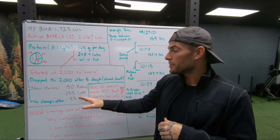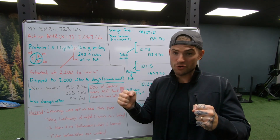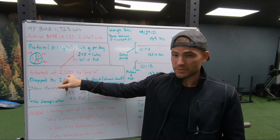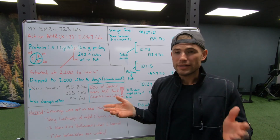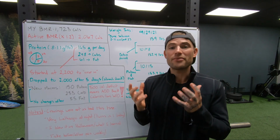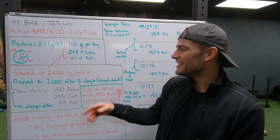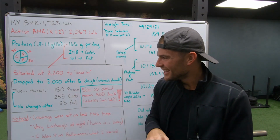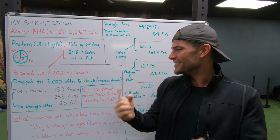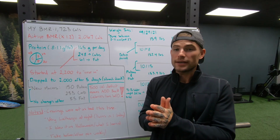I'll be honest, there were even a couple days in this month where I was just hungry at night, you know what I mean? So I gave myself permission to actually raise back up to 2,200 calories, which I probably did like 4-ish days in the remaining month. It was just when I felt like, give me a serving of popcorn before I go to bed so I don't freak out. That's pretty much how I felt. So anyways, I allowed myself to do that, but I was very, very strict to make sure I never